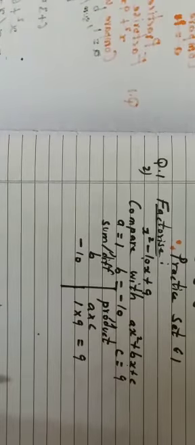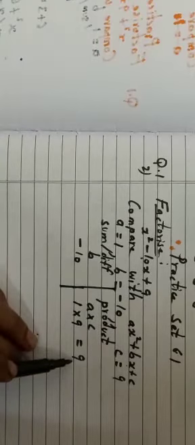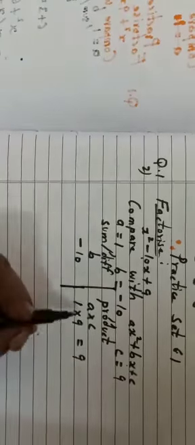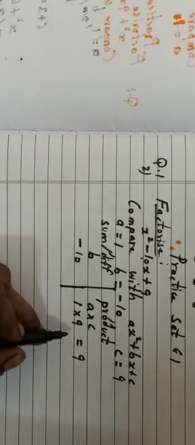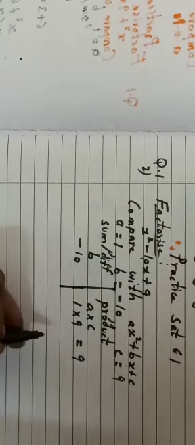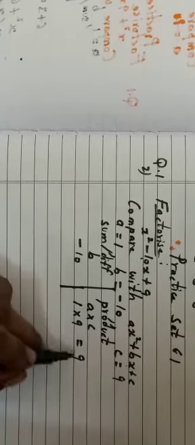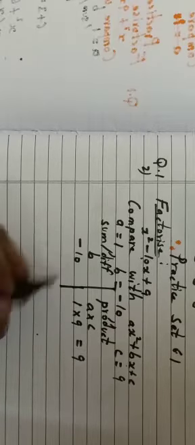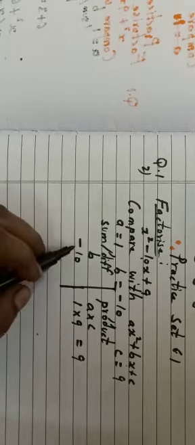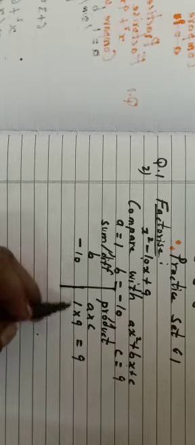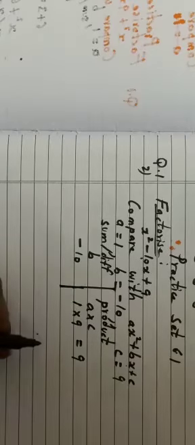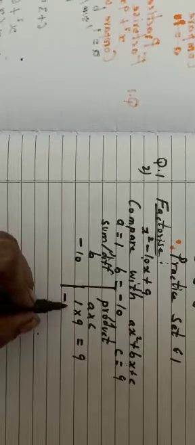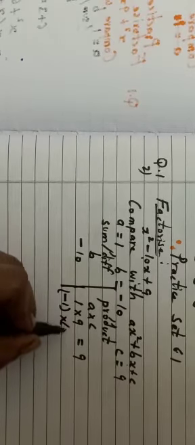We have to find two numbers such that when we multiply we should get 9, and when we add or subtract we should get minus 10. So suppose I take 9 ones are 9, 9 plus 1 is 10, but I want minus 10. So I cannot take 1 into 9, both positive. What I need to do is take the numbers like this, minus 1 into minus 9.